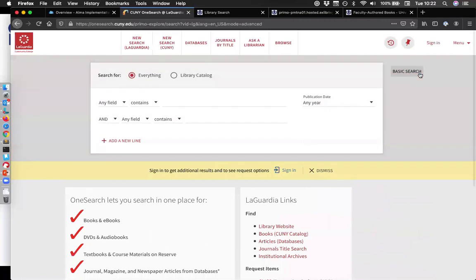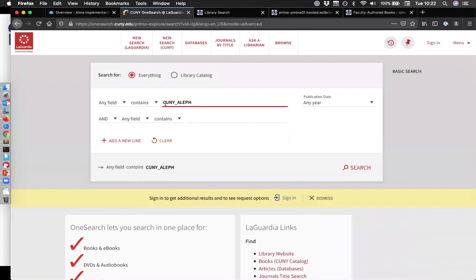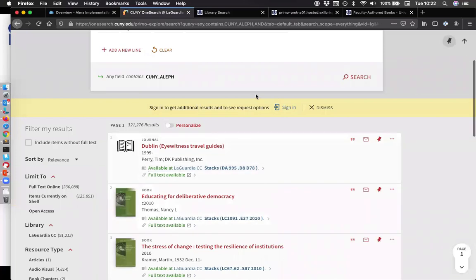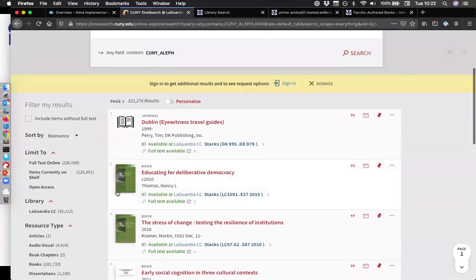What we can do is we can go to advanced search, and if we type CUNY Aleph, CUNY_Aleph, this is, again, we saw this just now in the permalink, so this will limit the results to just those that include CUNY_Aleph, which is the system name for records that come currently from Aleph. When we move to Alma, the string will be something else. And then we can add, well, in this case, we don't have more options than this, but we can do it this way too. We're going to get results that contain CUNY Aleph, and then we can limit